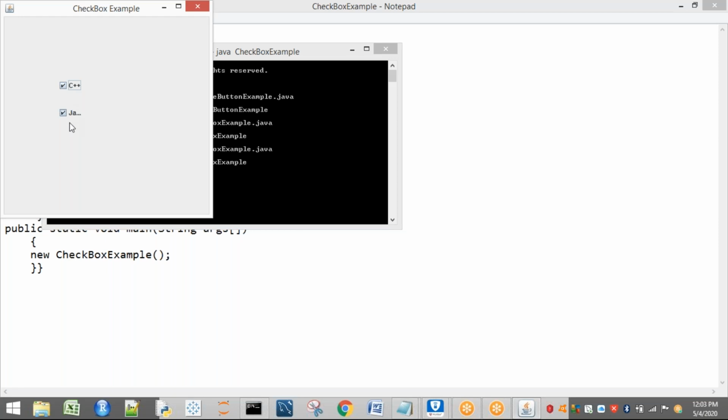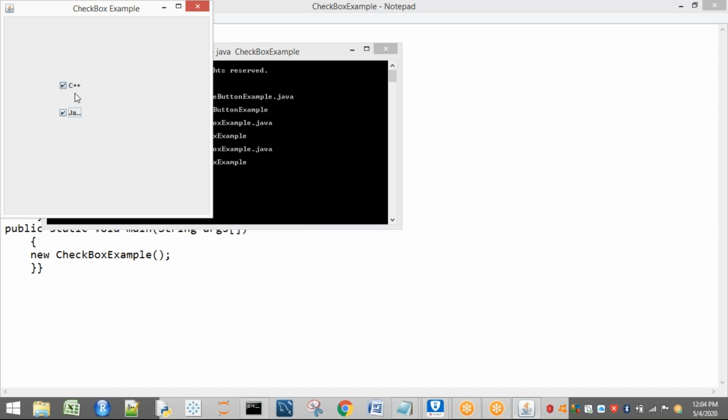Here you have to observe one thing. When it is in a selected state, if I click on this one, it is going to be in a deselected state. Here also I can click. That means at the same time, I can select both the items here. Remember that. When I'm clicking this one, is it disappearing? Otherwise, this is the initial state, for example. When I click on this one, it means I'm selecting C++. By this, internally we can perform any action on an item state change. But here, when I click on this one, you have to observe that C++ is not going to be deselected.